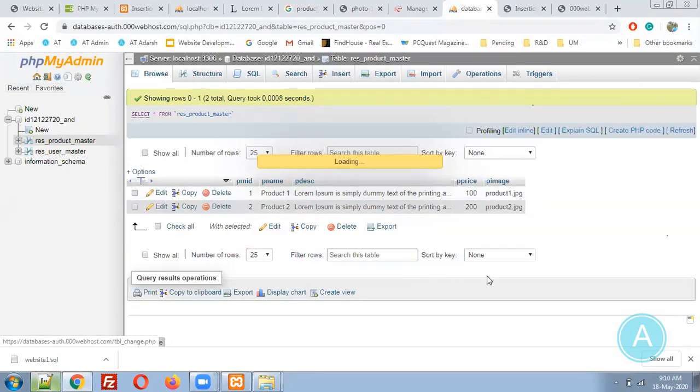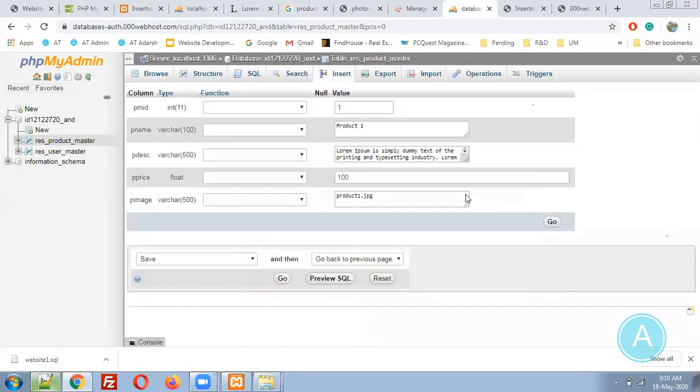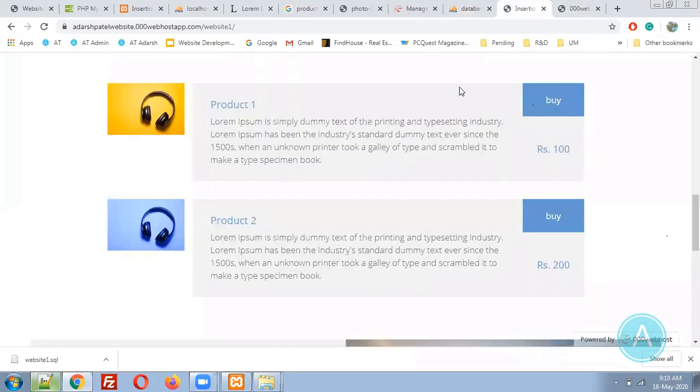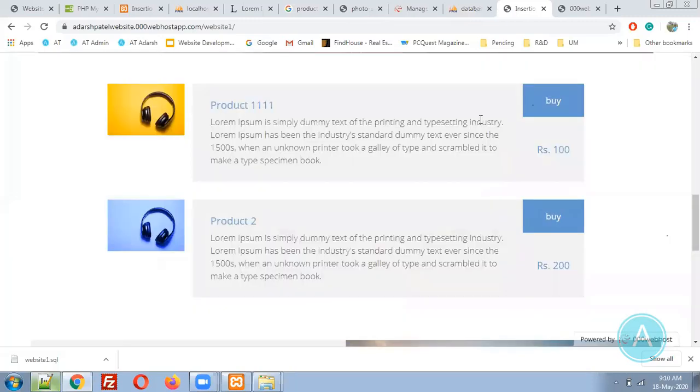Let me click on edit. Product 111, go. Let me refresh it. You can see the things. So it is coming from the live server. So by using this way, we can upload that particular website to the live domain.